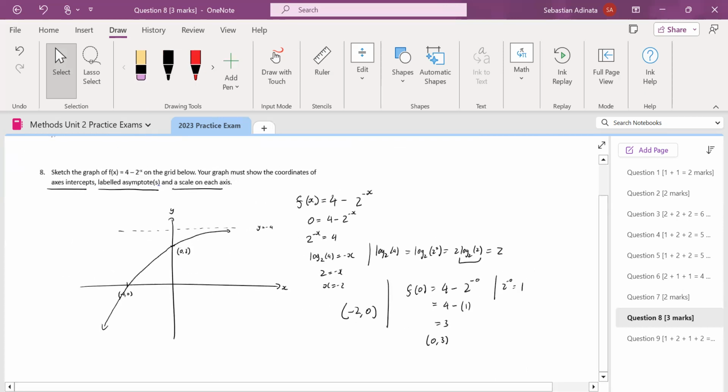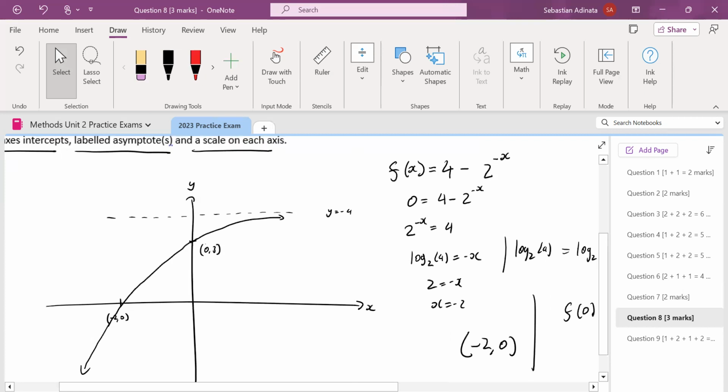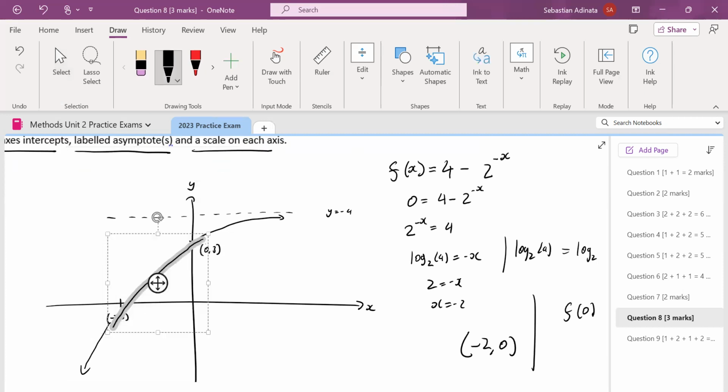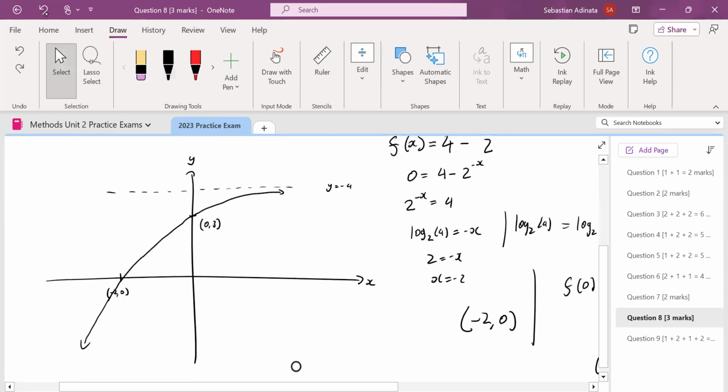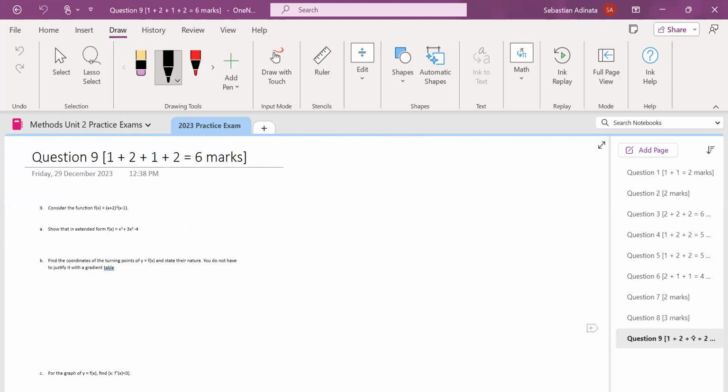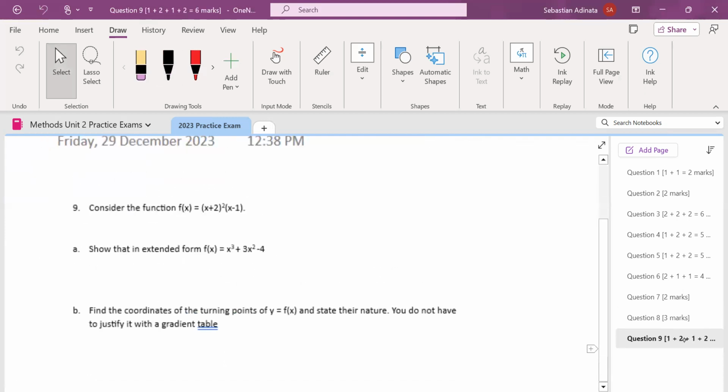Okay, and our scale should be fine considering we have the coordinates, but it's always safe to go 2, 1, 0 and negative 1. Okay,